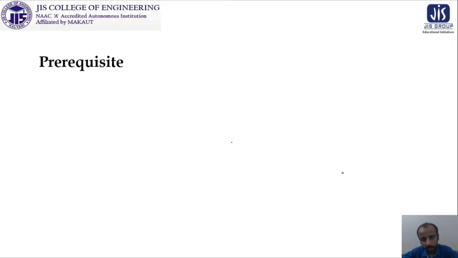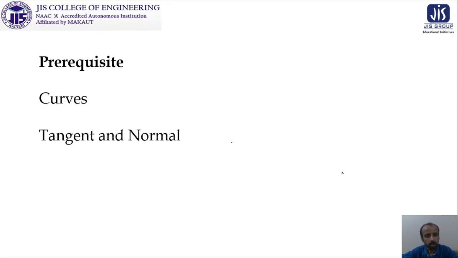To understand this, we need some basic prerequisites. First, what we understand about a curve and the variations of curves related to differentiability, smoothness, and so on. Then we also need the concept of tangent and normal for a given curve at a given point. All of us know that, but we need this concept revisited to make curvature clear.